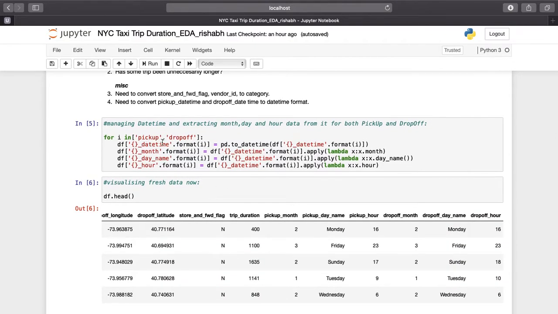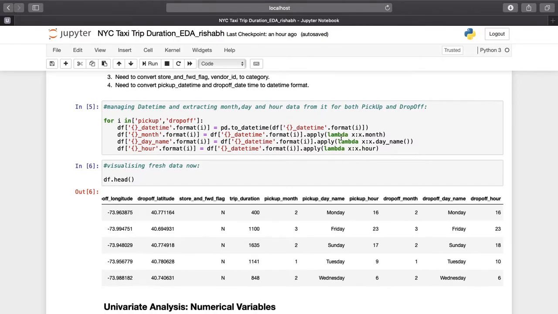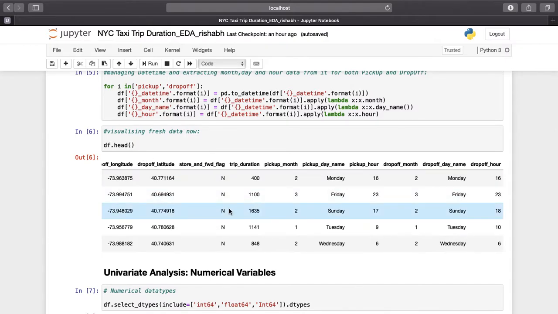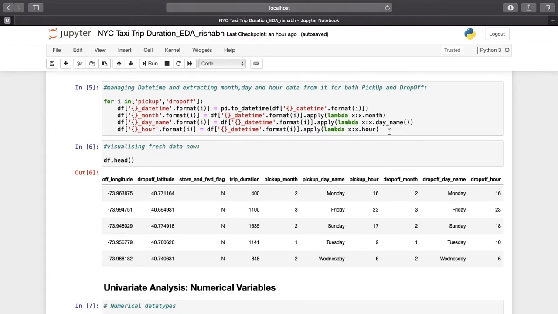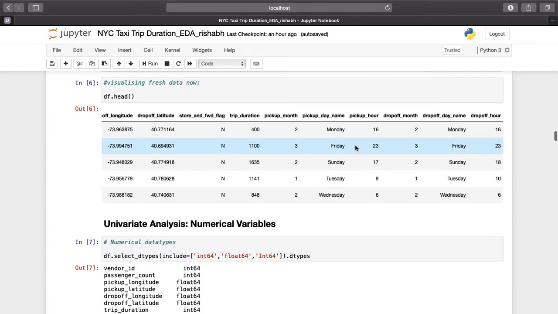Now, first thing I do is that I take out month, day name, hour from the date time that I was given. So I apply a very simple lambda function in it, and I apply a for loop in every place. So this very simple thing gives me around four more columns. Visualizing this once again, I get pickup month, pickup day name, pickup hour, and similar things for drop off month and all. So this is one, two, three, six different columns from only this amount of code. It's a good thing, good start.